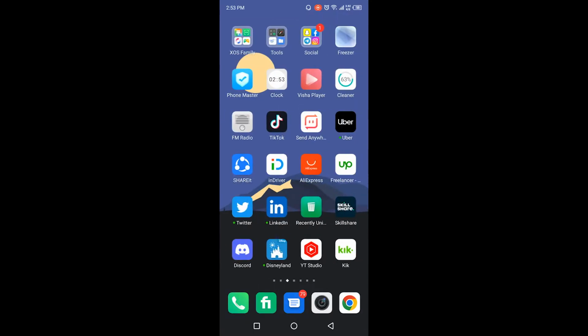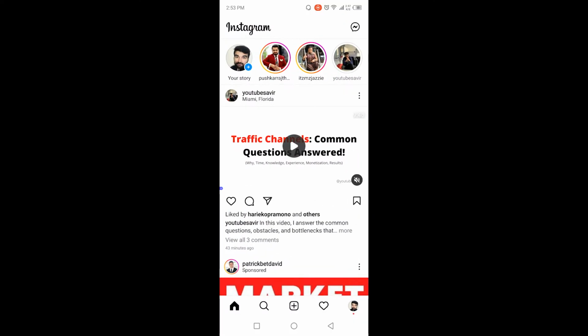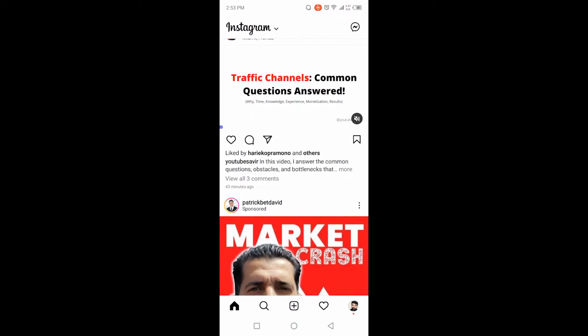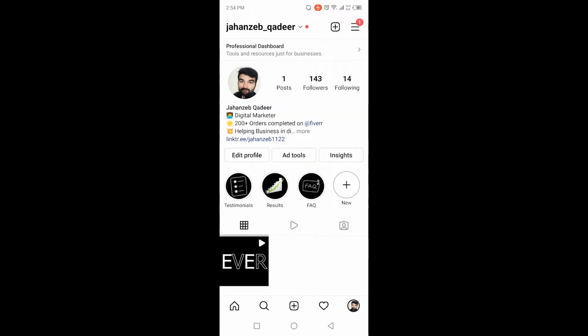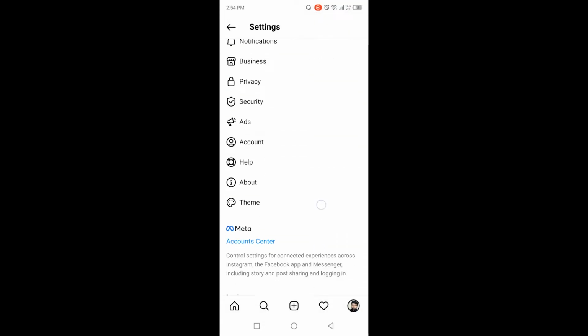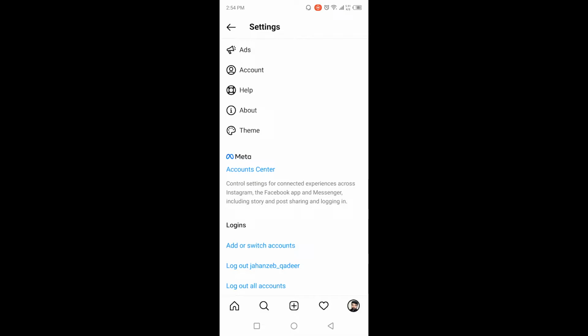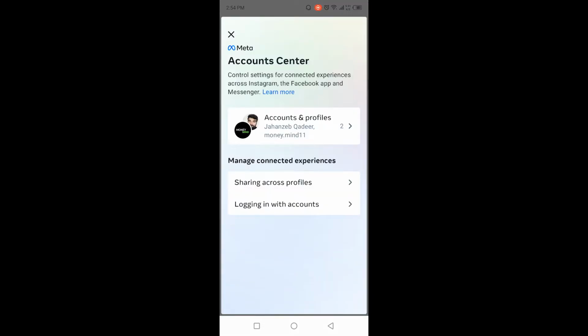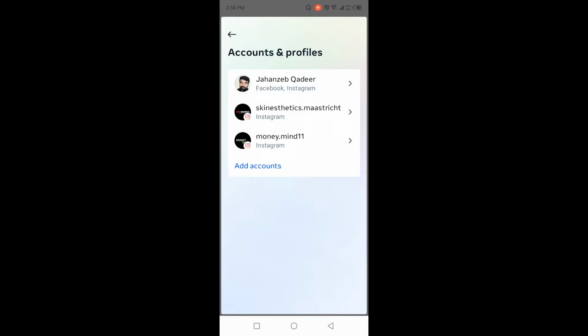The first step is you need to open the Instagram application and then click on your profile picture in the right bottom corner. Then click on the three bars in the top right, and then click on settings. Here you need to scroll down and click on Account Center, and once you click on that, you simply need to click on Accounts and Profiles, and here you need to select